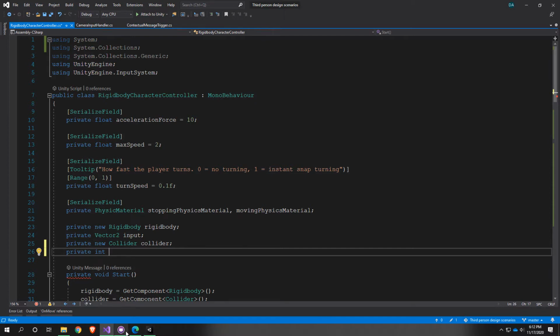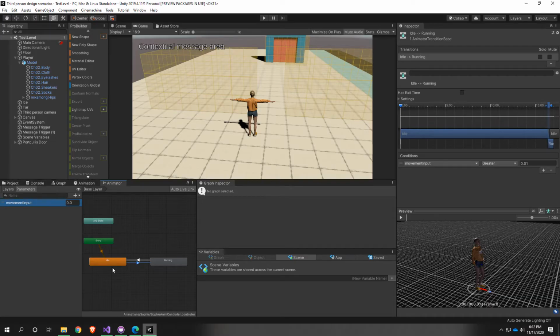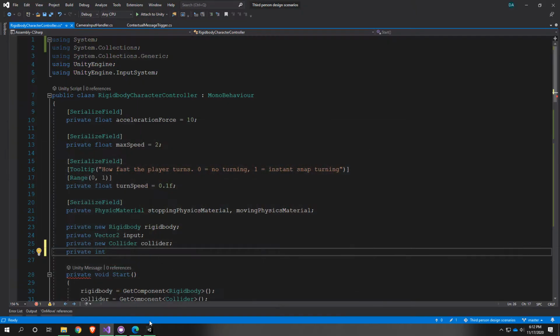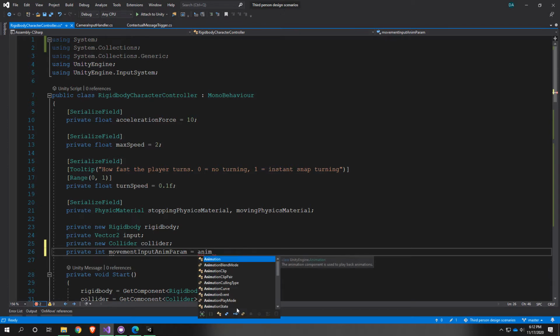What did I call it in the actual editor? I called it movement input. So I'm going to call this thing movement input anim param, just to clarify that this is an animation parameter thing. It's not something I'm using for anything else. And I'm going to set it equal to animator